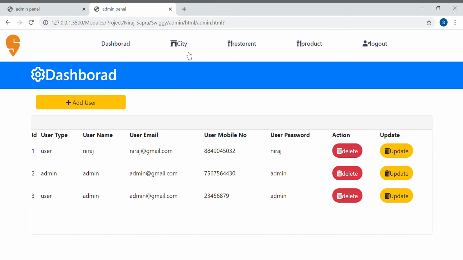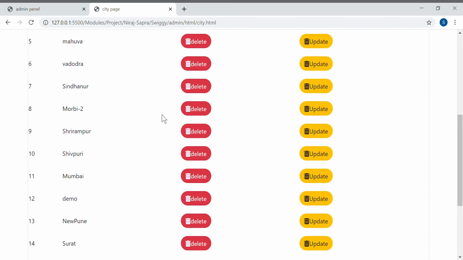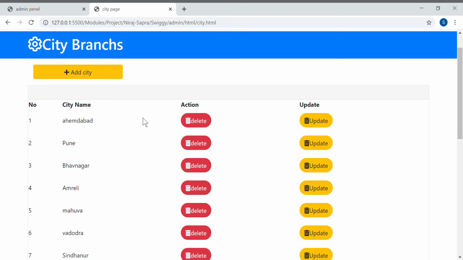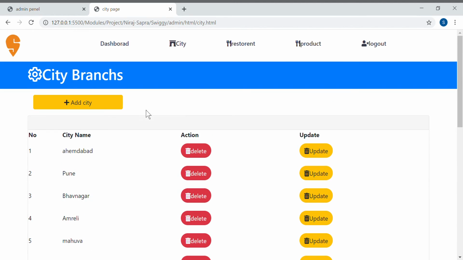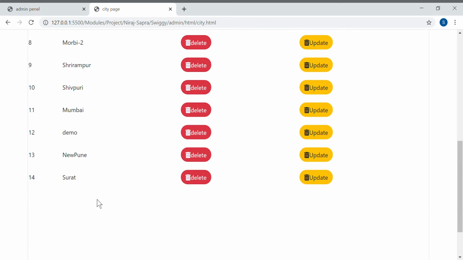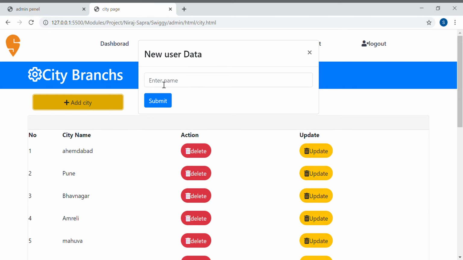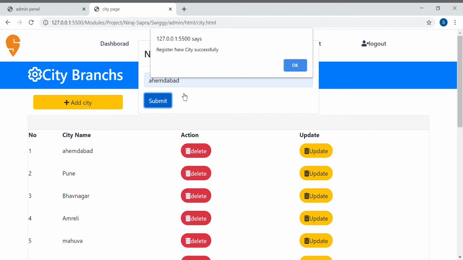The second module we show is the city module. Sometime before, we talked about how to add a city. This is the city module. Here we show one type of button for a city. Here the two types of actions are delete and update. At this time 14 cities have been added, and we can add more than one city. The city name is Ahmedabad. So I choose the admin module. The admin module is submitted, and I add Ahmedabad, right? So the new city is added and shown automatically like this.